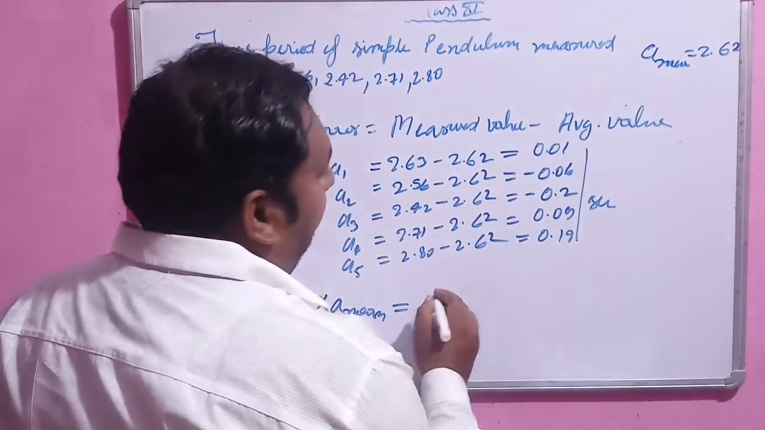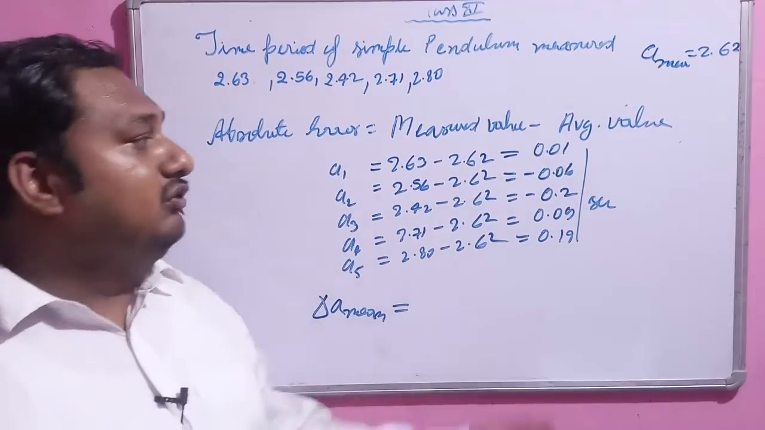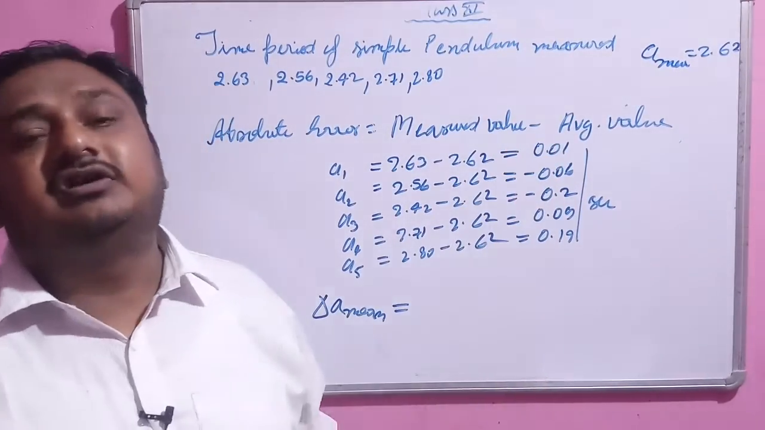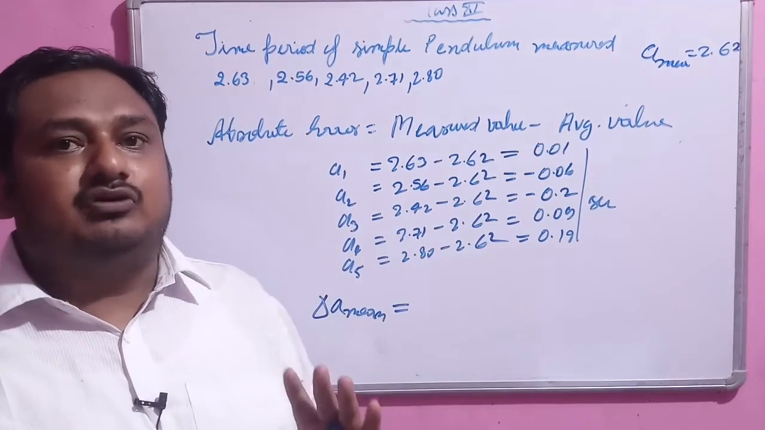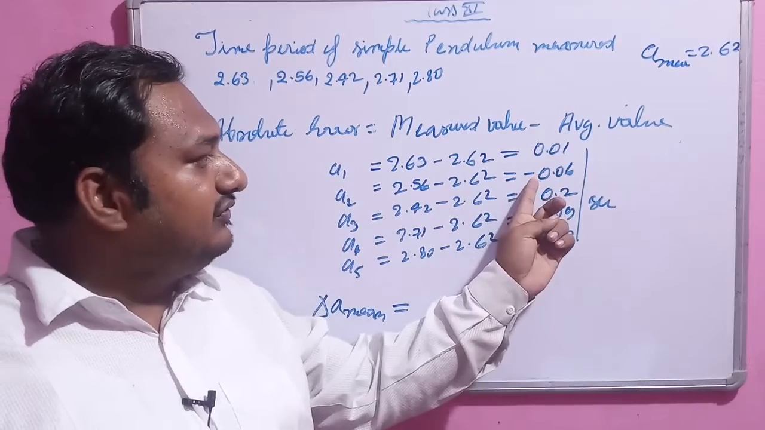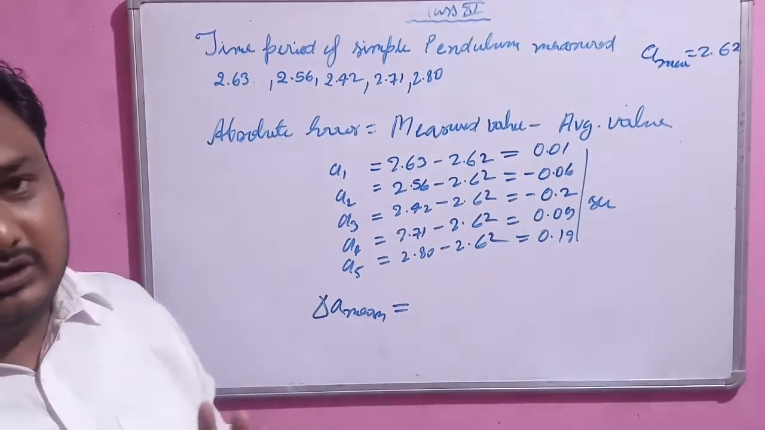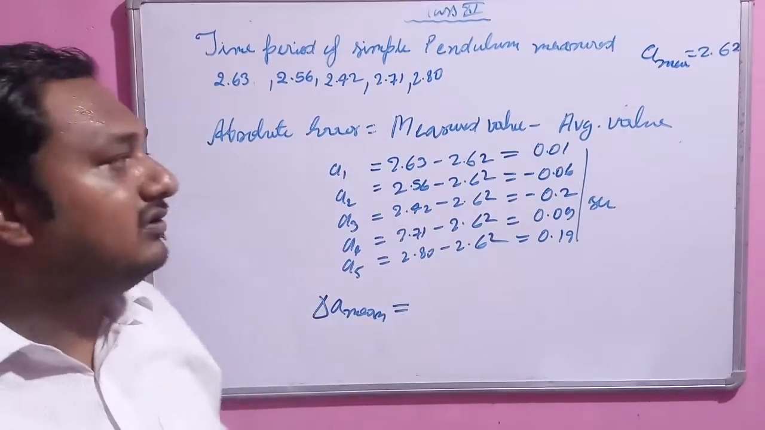While calculating the mean absolute error, you have to take the magnitude, the positive value with plus sign. You do not have to consider the negative sign. Only consider the magnitude, or simply add these values. So